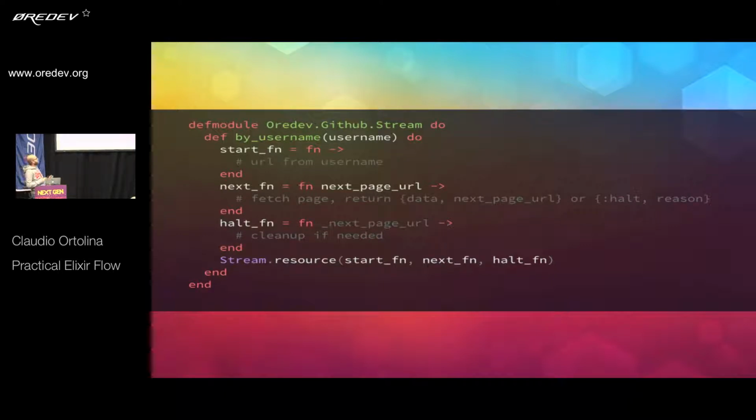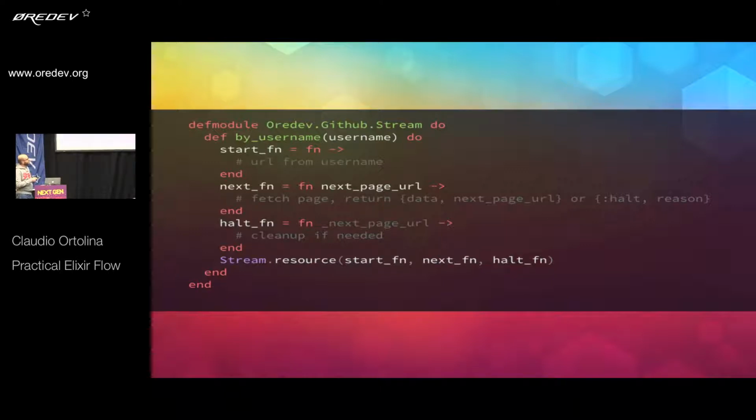you get the elements out of it, so the 25 repos at a time, which represents the data. And because the GitHub API exposes hypermedia links, they tell you in part of the response what to do next: which link goes forward, which link goes backwards. So you take that out of the response and return that as a value. So the return value of the next function is always data, and the item, or basically the param, that can be used to recurse on the same function next time the stream needs more data.